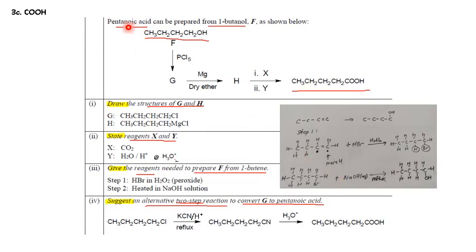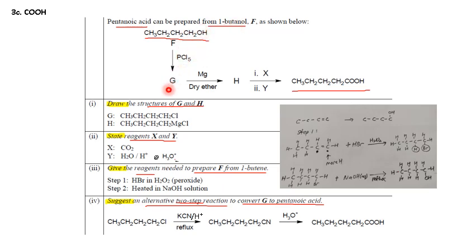Okay, next question is related with carboxylic acid. Pentanoic acid can be prepared from 1-butanol F, as shown below. So you have to take note, here is a 5 carbon compound, here is a 4 carbon compound. So first,